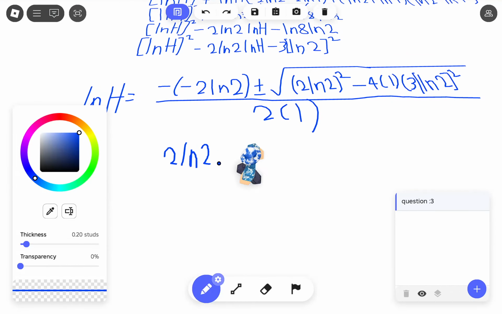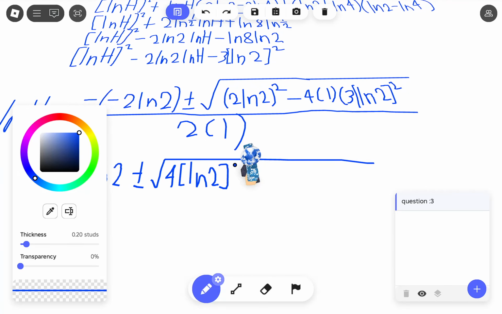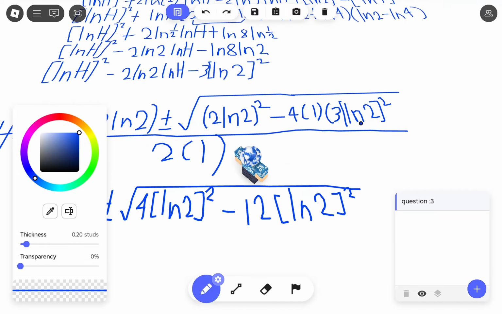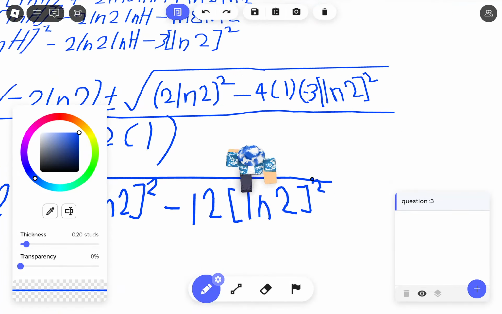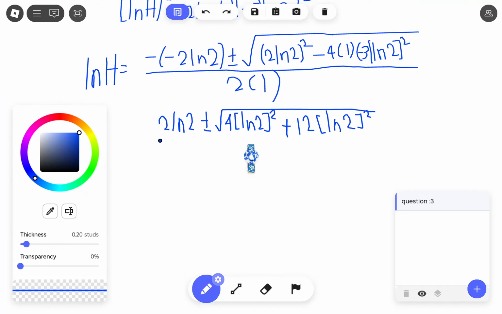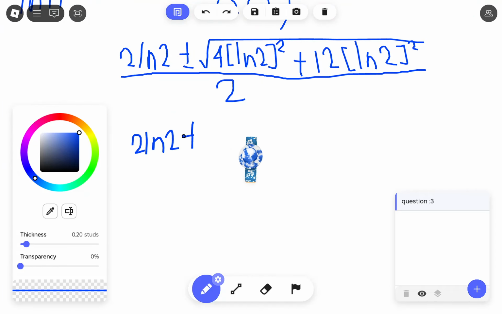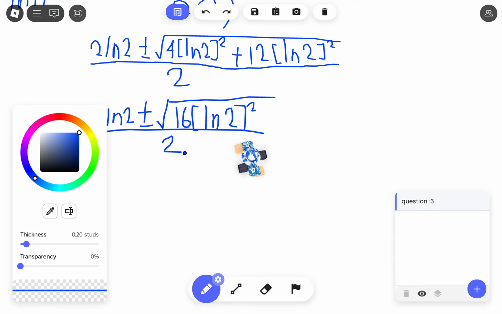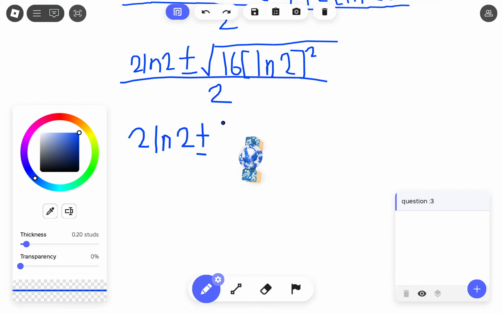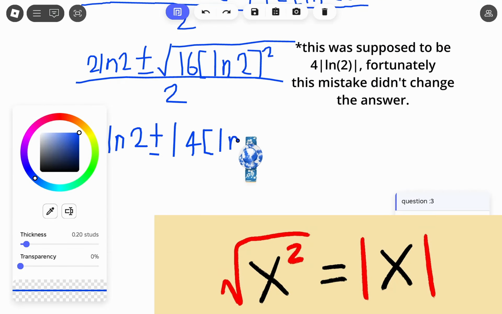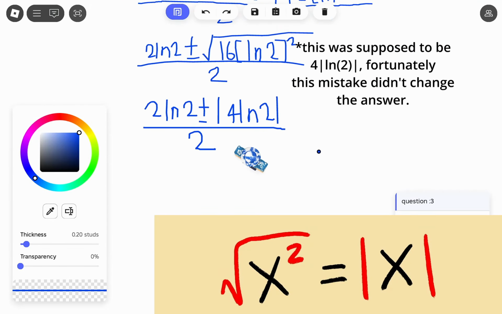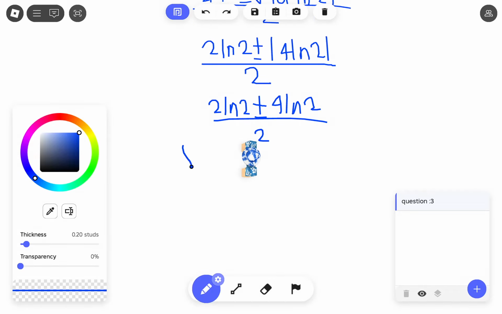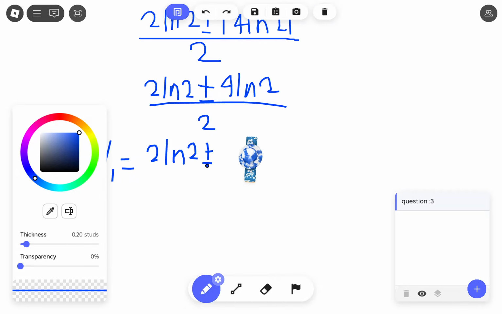Now let's simplify the discriminant. Adding common terms. Now take the square root of 16, then, using a property of absolute value, cancel out the square and square root of natural log of 2, and attach the absolute value function to it. Now we have two cases, addition and subtraction. If we add both terms, we get